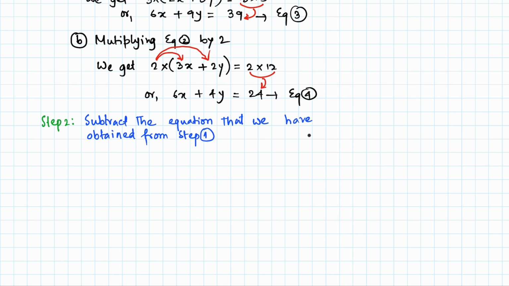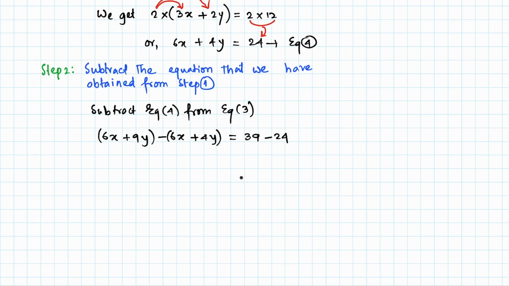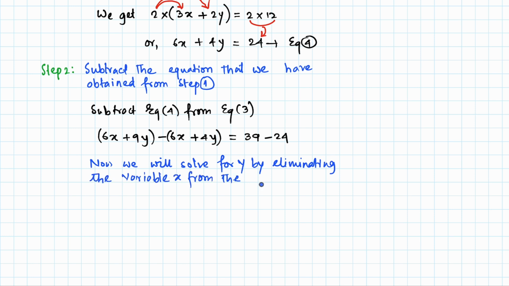So now you are denoting equation 3 and equation 4 after multiplying with 3 and 2 respectively. Now subtract equation 4 from equation 3. So let us write 6x plus 9y minus 6x plus 4y equal to 39 minus 24. So now what is happening? Now we will solve for y by eliminating the variable x from the equation, as they will cancel with each